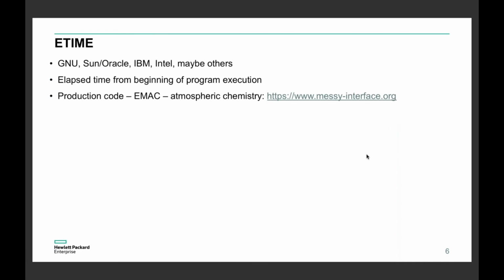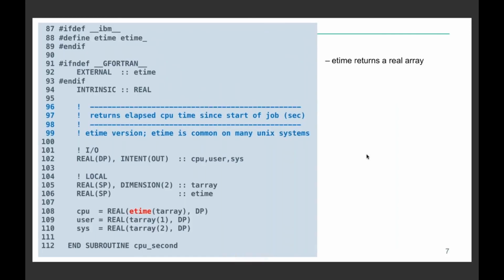ETIME, this is the EMAC atmospheric chemistry code. Many compilers support this extension. This is elapsed time from the beginning of program execution. Now, there are many other ways to do program counters. I don't want to go into the details. Just again, I'm showing one example of a standard-conforming replacement. This is ETIME here, and you can see